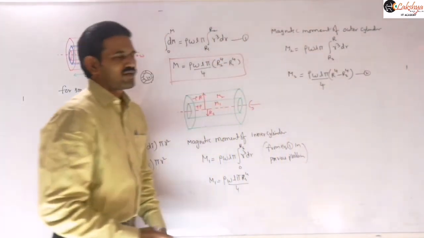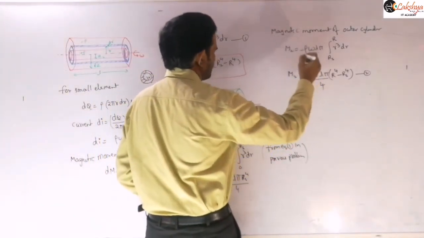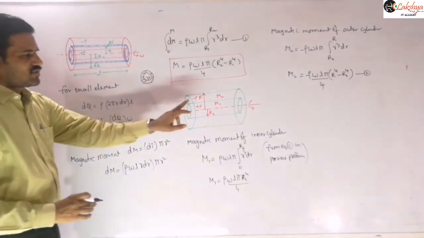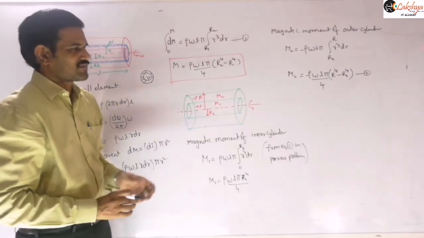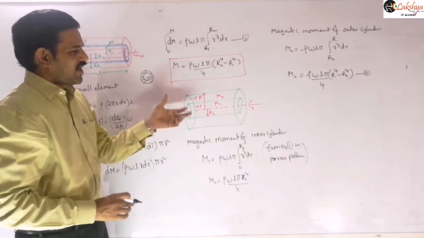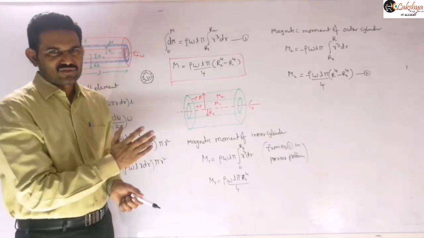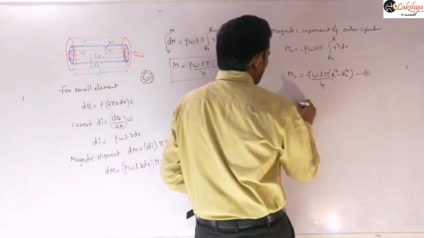And actually if you are writing this in vector form, we need to take it with the negative sign, because it has a negative charge density. So the magnetic moment of the outer one is in one direction and the inner one is in the opposite direction, so in vector form we need to consider them as negative. So the given condition is